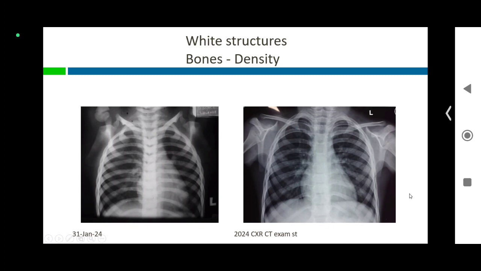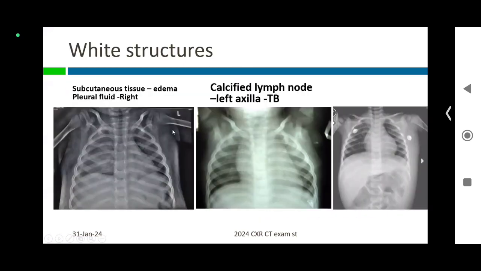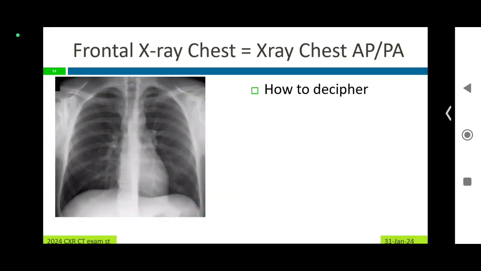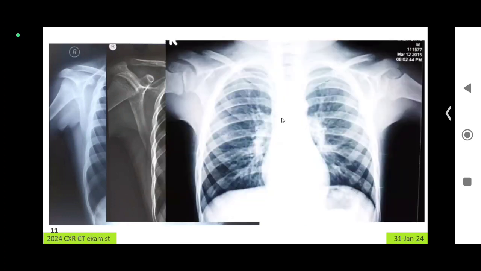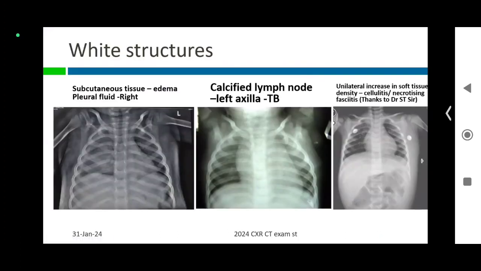Sir, it is called over-penetrated. Over-penetrated, you don't have a bone like this. If it is going to be over-penetrated, this is how it will be. You look at the bone, it is not dense like this. Only if it's under-penetrated, you can see the bones like this, but the heart also will be looking white. But you look at this,